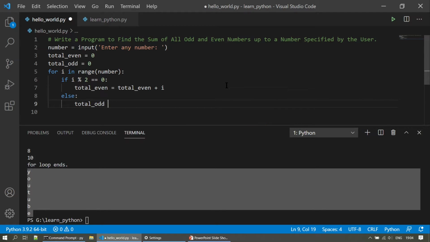do the other function, total odd plus i. So this statement is only going to take the even numbers, and the remaining one is, so there are only two conditions, odd or even. So the number can either be odd or even. That's why we're using else here, right? So yeah, that's about it. So this variable in the end becomes the total of the even numbers, and this becomes the total of the